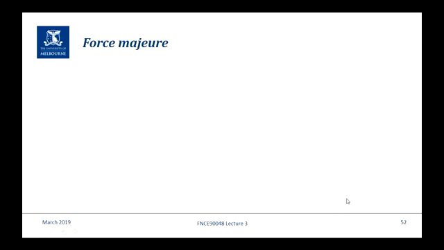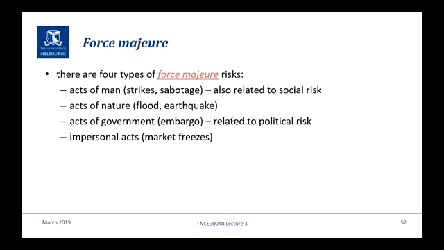The next risk, potentially present from the day you start the project to the day you finish it, is force majeure. As I said, the term force majeure means unstoppable force, and there's 4 types, but the one that we focus on are, well, there's the acts of man, but that really relates to social risk and maybe even political risk or country risk. So where there's strikes or sabotage, then that's a force majeure. Acts of nature, which used to be called acts of God, but God is different things to different people, so we're a bit more neutral in our terminology now.